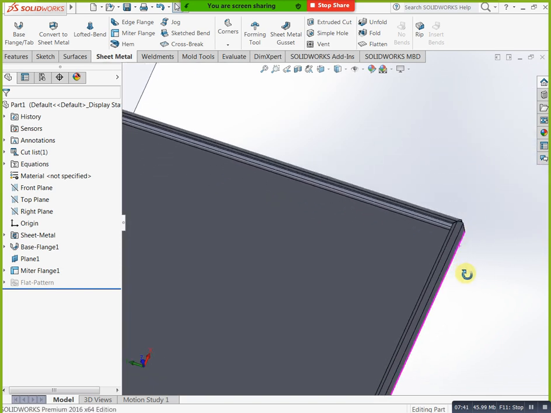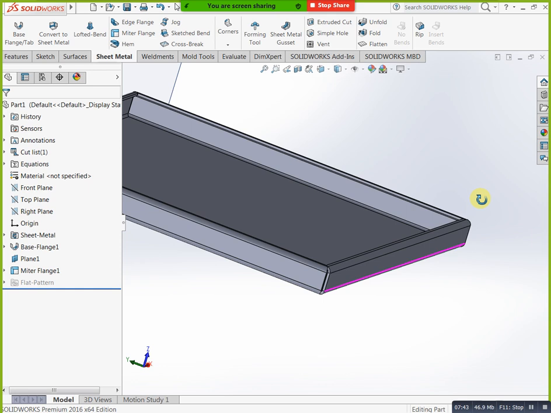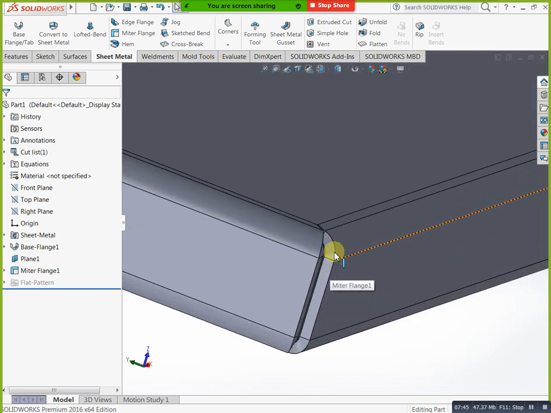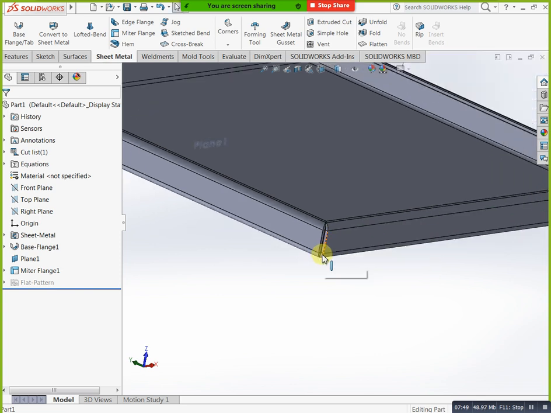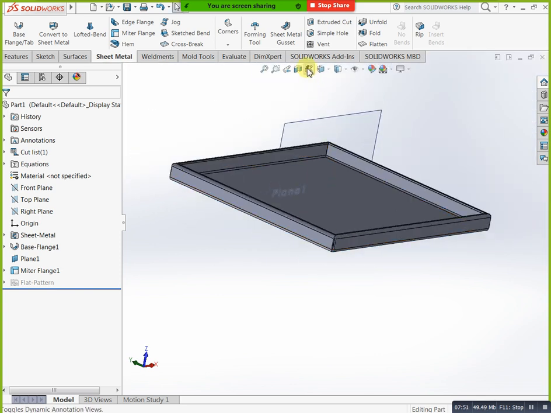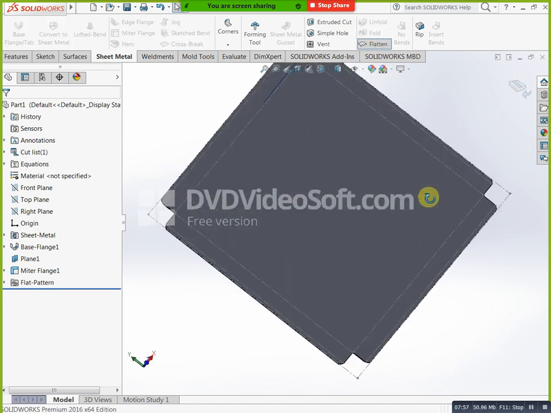Clear? For example, if you need to close this one, or otherwise if you need to make it flat, here we have flatten, unfold, fold and flatten. You can select this flatten. This is our flat sheet. We need to cut like this sheet. Okay, you can turn this one off. Again you are getting the bend.